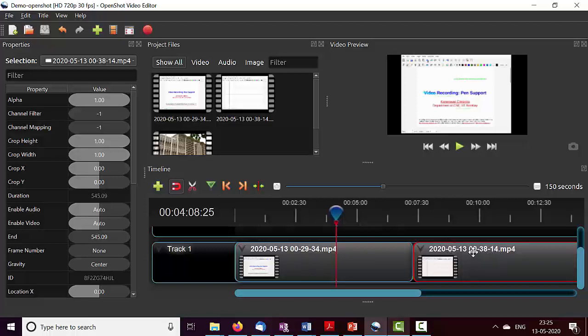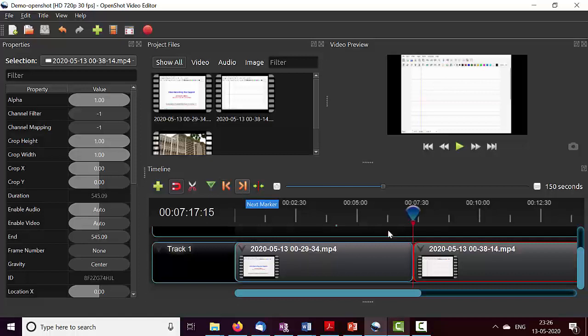Now for me to change the volume of this second clip, I need to be very careful. I need to do it from the beginning. So for me to select the beginning, I am going to use this next marker, which will take me to the starting of the clip. So this is another nice thing to know. So this kind of tracks where the clips are.